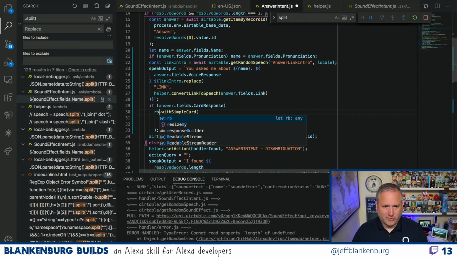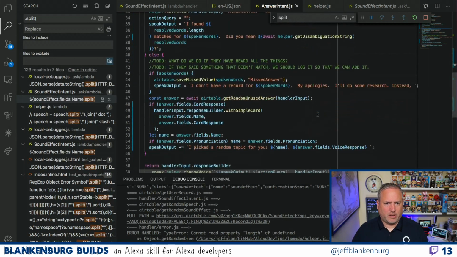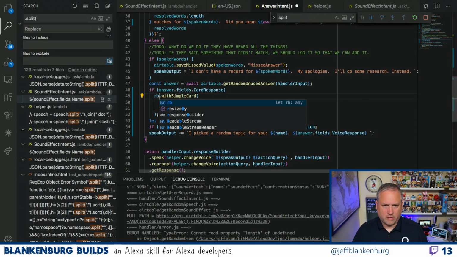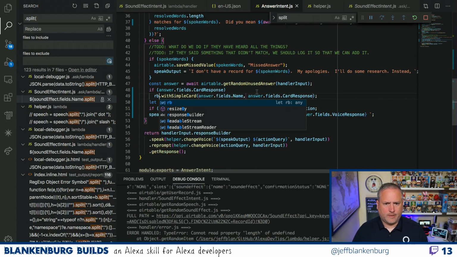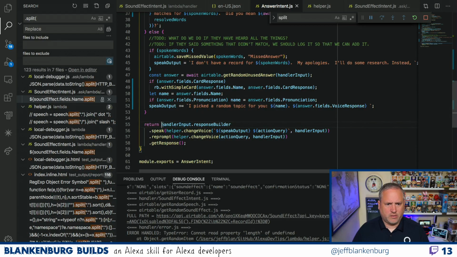I don't think I need to do this, but we'll try it. RB with simple card there, and RB with simple card here. Like that, and then this return. Now it's all the same reference. I didn't think that I had to do this, but let's see.